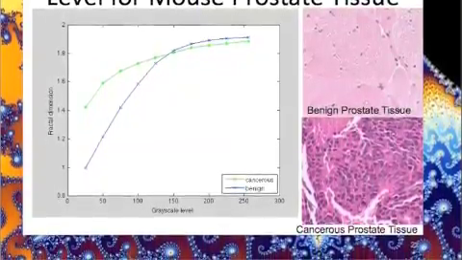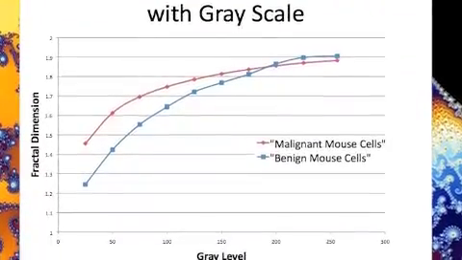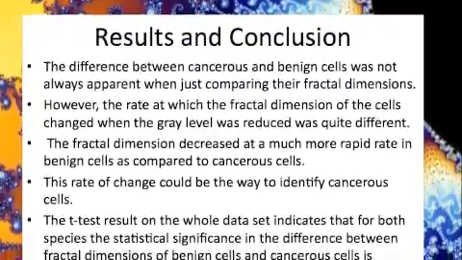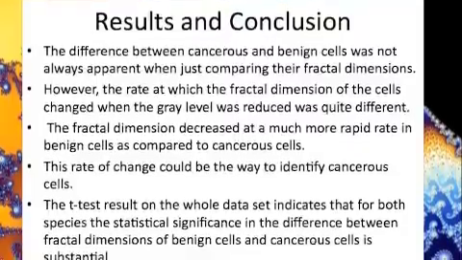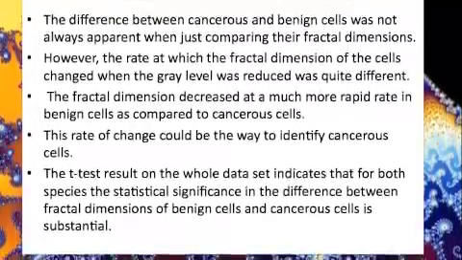So I decided to plot this for all of my data, and I found that the trend still continues, as you can see in this graph, which shows the averages of all my data. So my result was that you cannot use simply the fractal dimension to determine whether or not the tissue is cancerous, but you can use the rate at which the fractal dimension changes over the grayscale level to make that